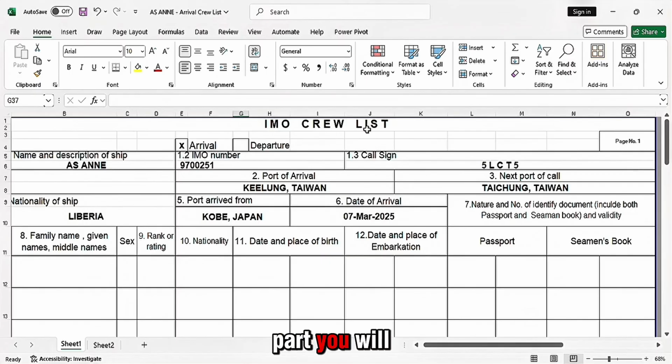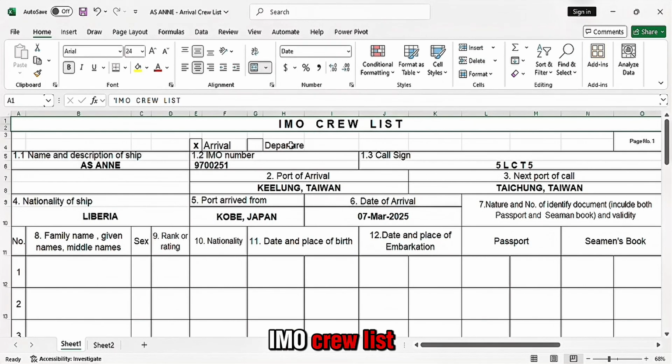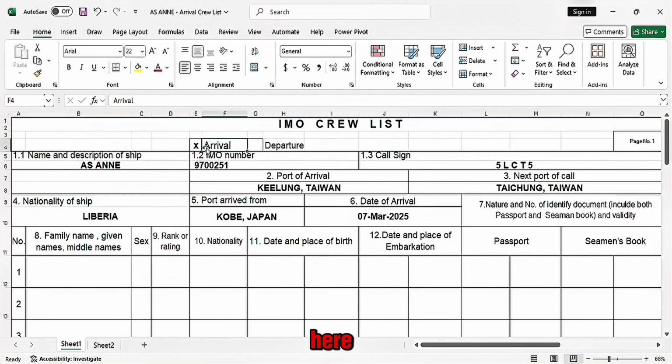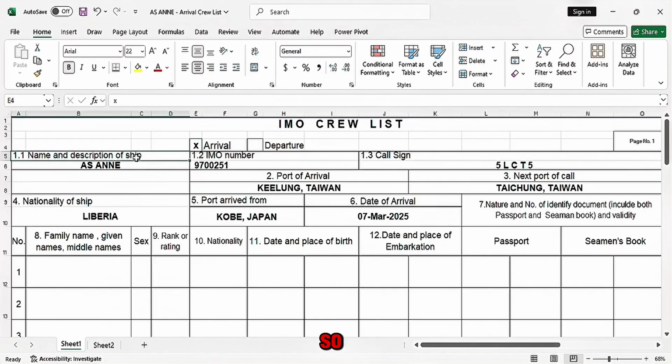On the upper part, you will see the IMO crew list. Here, you will just put an X on the box corresponding to the vessel, whether she is arriving or departing. In this case, we are the arrival.